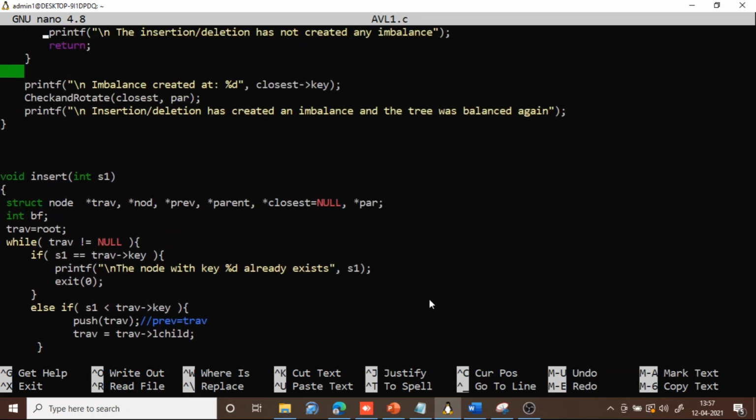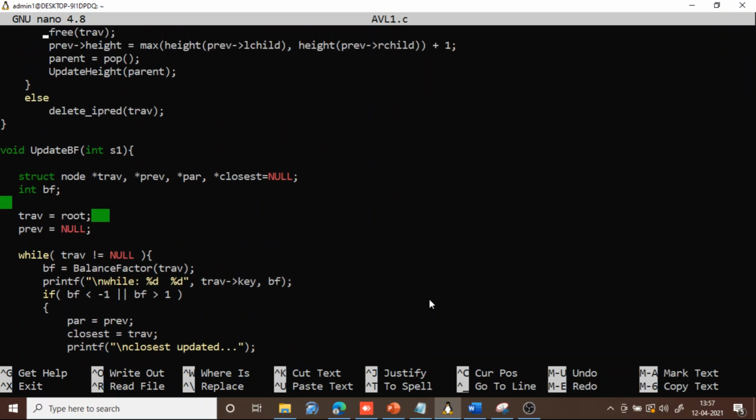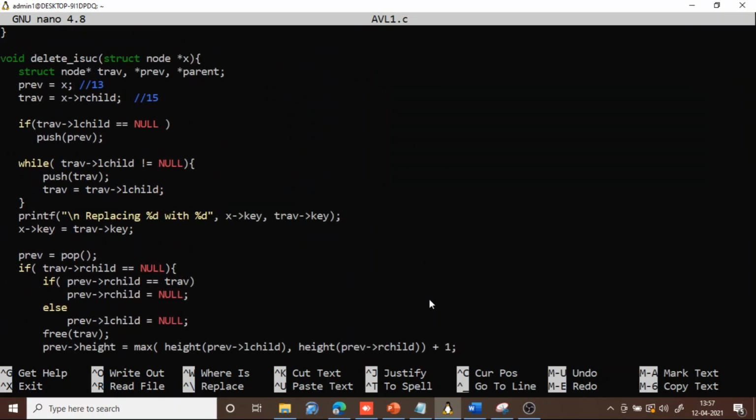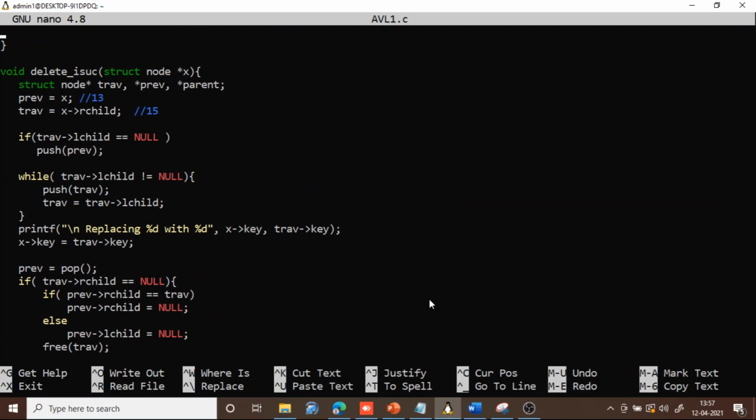With the in-order successor, we are going to replace traverse with the in-order successor's key. So this is the function delete in-order successor, struct node x.